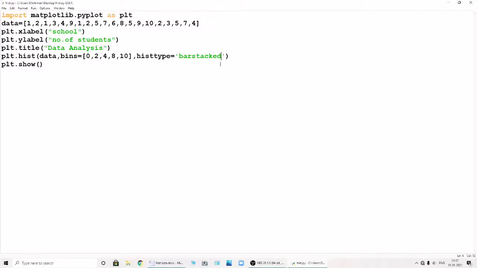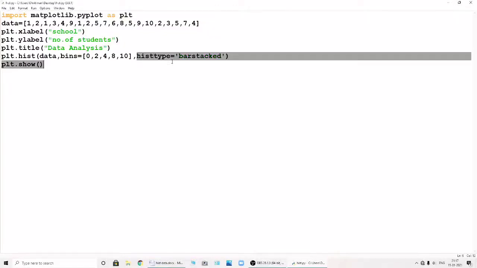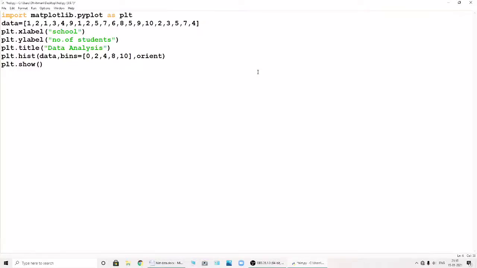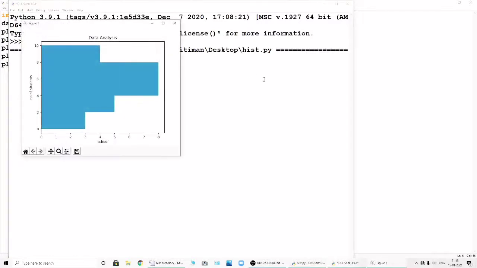If we want to change the orientation to horizontal, we need to write orientation equals horizontal, because by default it is vertical. Just save it and see what will happen. Previously it was in vertical form, but now it is in horizontal form.